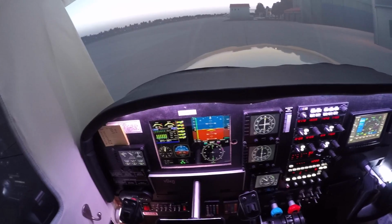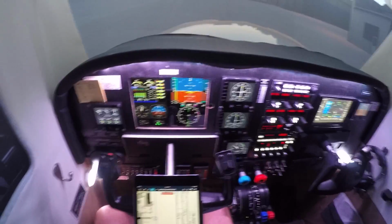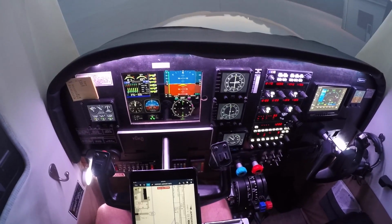Turn that down just a little bit. In fact, I'm going to adjust that radio setting in the sim. Hold on. Okay, so we're going to contact Santa Barbara